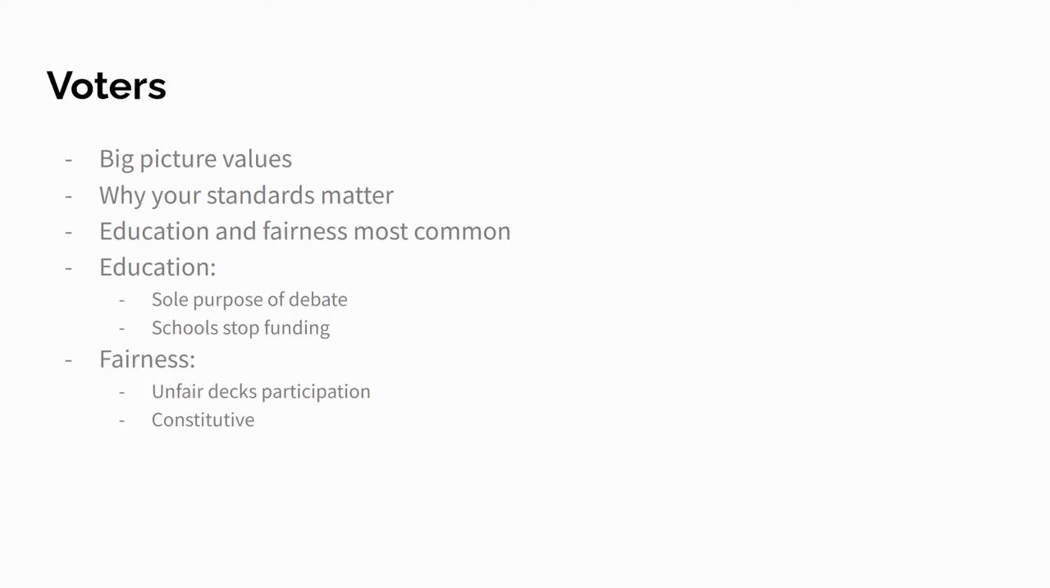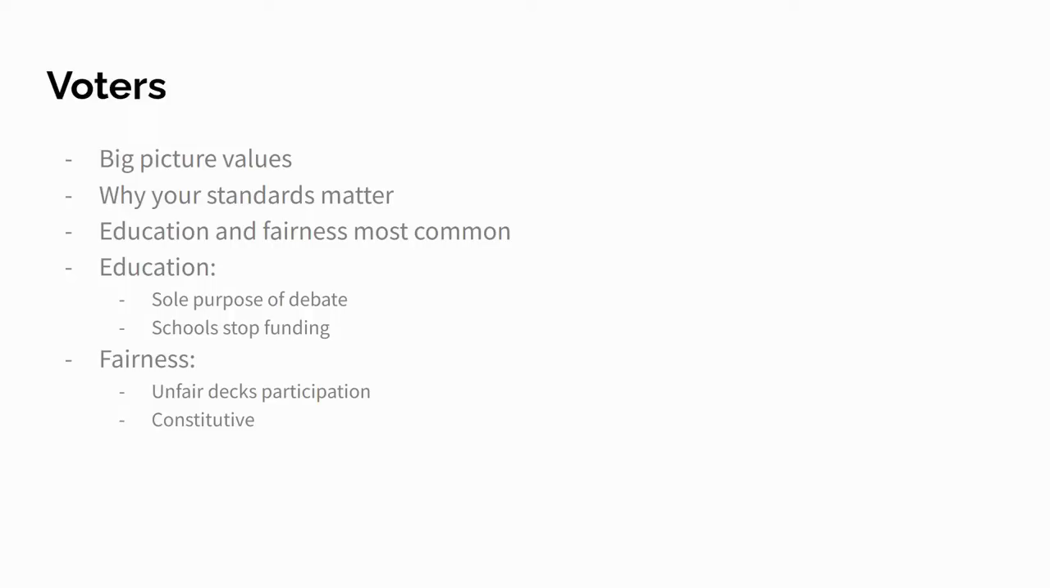We'll go on to voters. Voters are sort of the big picture values for the debate or for the theory shell and your interpretation. It talks about why your standards matter, the most common of which are education and fairness. Education obviously refers to educational value in the round and the knowledge and information you gain from debate. Fairness is about how you get equal access, or dealing with equality issues in the round and how